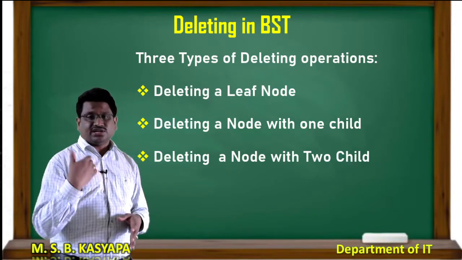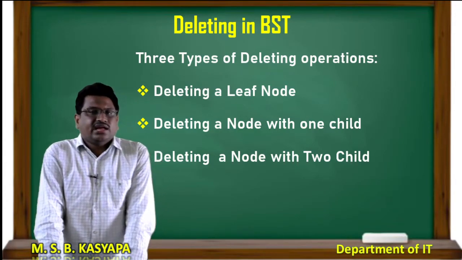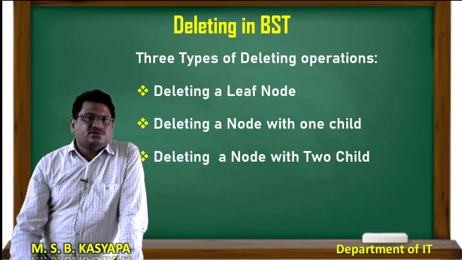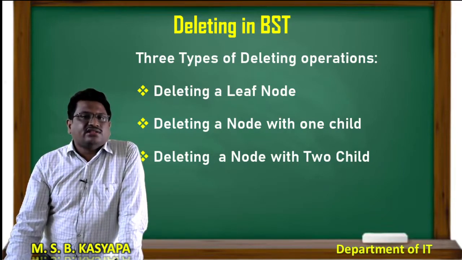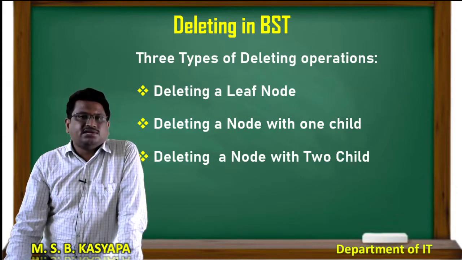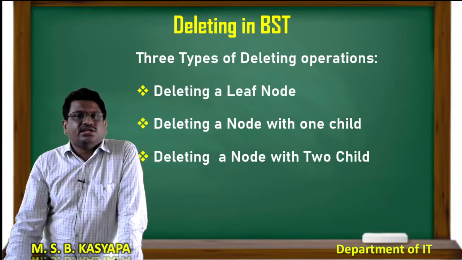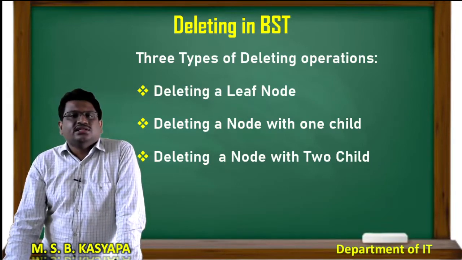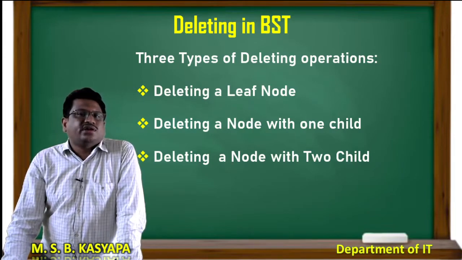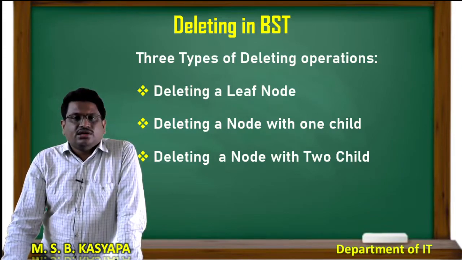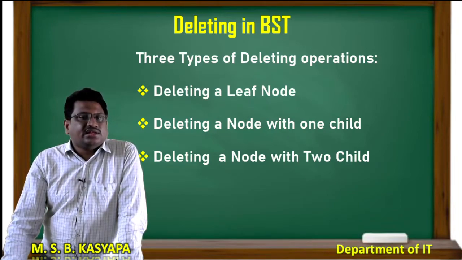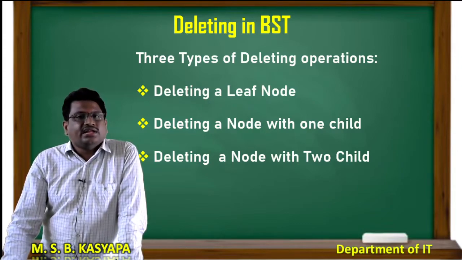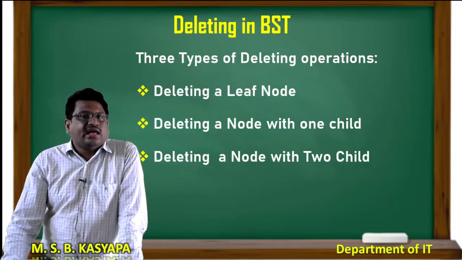But if it comes to deletion, if I want to delete an element, I can delete an element in the middle of the tree or at the end of the tree. Am I right? So, in some cases it may affect the binary search tree. For that purpose I have to follow some rules if I want to delete a value. There are 3 ways to delete a node from the BST. First, I can delete a leaf node. Second, I can delete a node with only one child. Third, I can delete a node with 2 children.